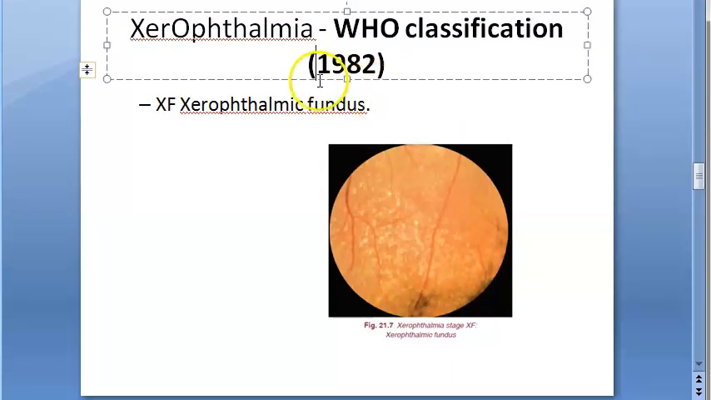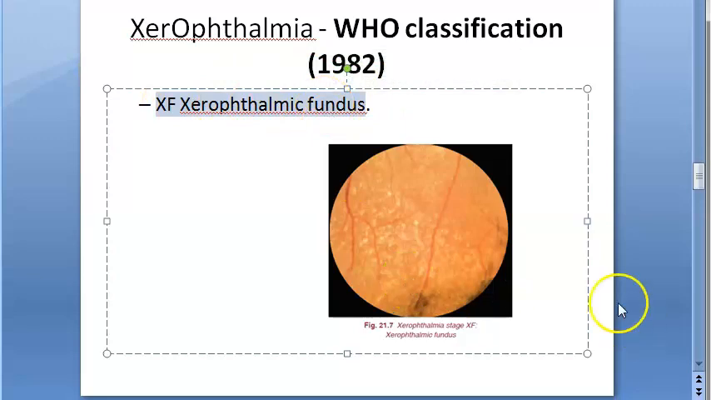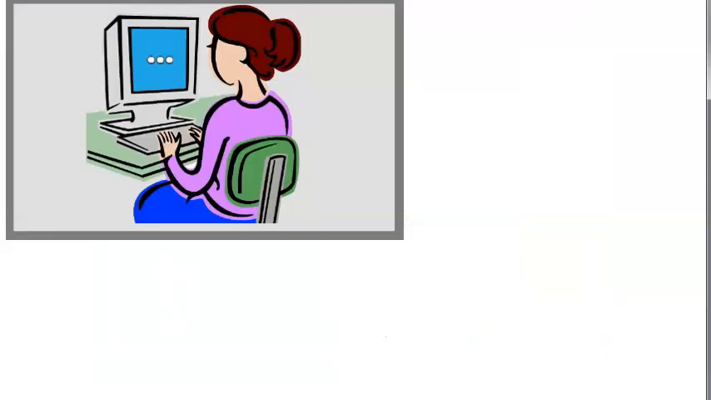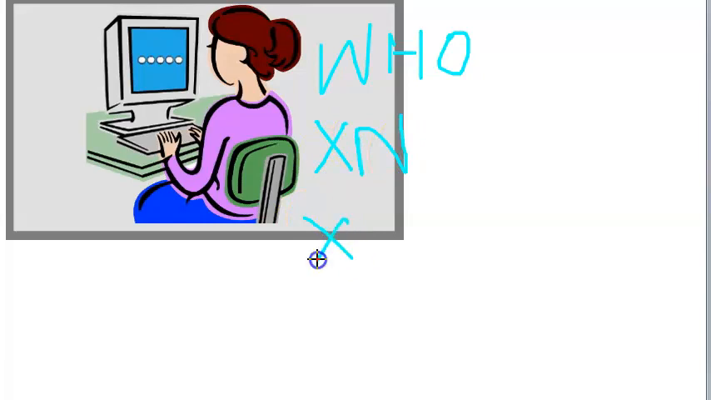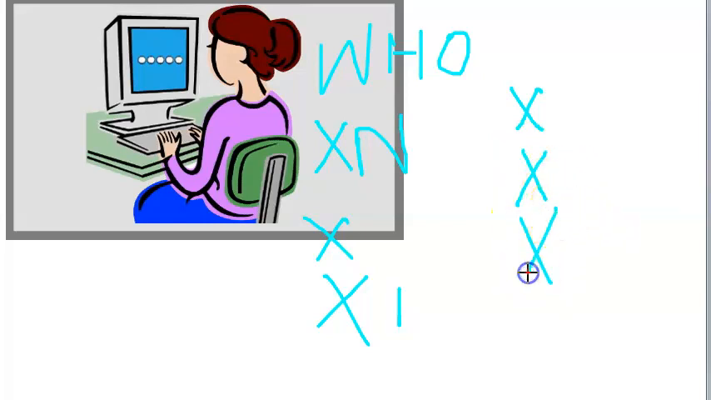Then lastly, in the WHO classification, you have xerophthalmic fundus. So did you understand the classification? WHO classification of xerophthalmia: you saw first it will start with night blindness and then some conjunctival xerosis and then Bitot spots, right? After that we saw corneal signs like dry cornea, then corneal ulceration less than 1/3, corneal ulceration more than